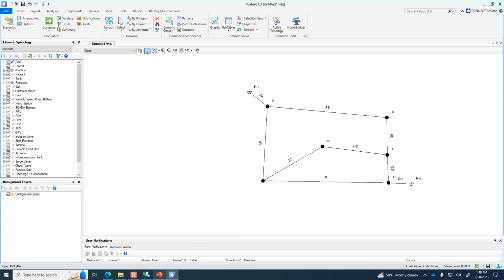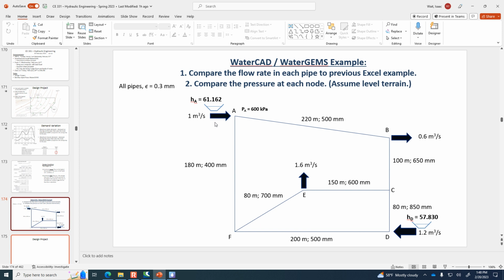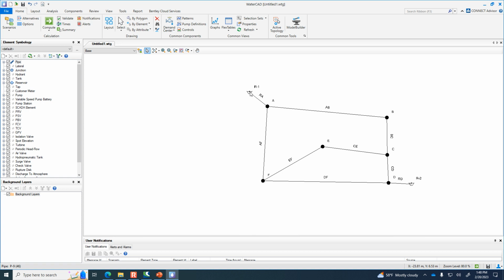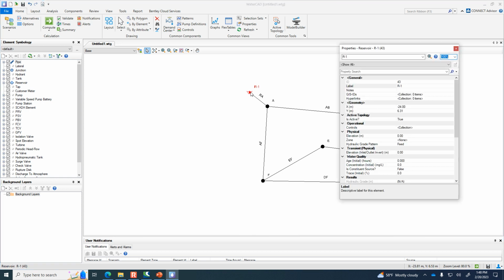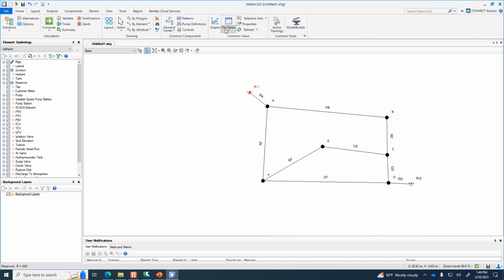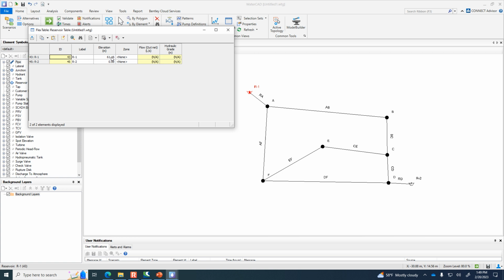We have to give it some information about the reservoirs. We need to tell it the elevation of the reservoir. Remember, the elevation at reservoir A and the reservoir elevation at D. So if we double-click on this reservoir, then it brings up the physical elevation. We want it to be 61.162 for reservoir at A. And if you're wondering, I think there is a reservoir junction table, so we could do it that way too.